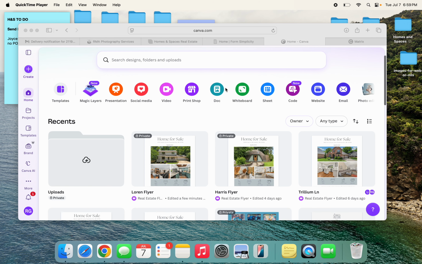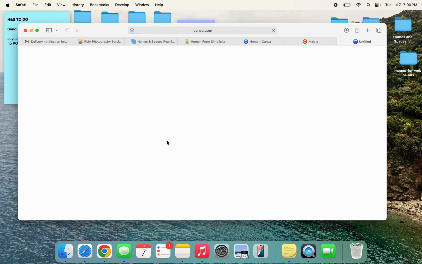Picking this back up in Canva. I think you have a couple of flyers that I've shared with you before, but if you need one, let me know and I'll send you the template or one that we've done so you can have a template of how we make them. So you're going to click into the flyer,